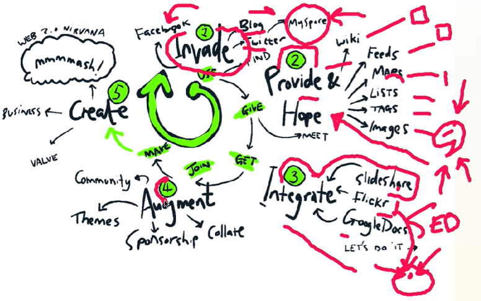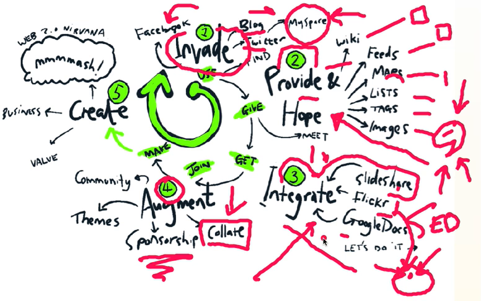Then we start augmenting the tools. We start doing new things with them, and we start engaging in different ways. We start joining communities rather than just doing stuff over here, where we're looking to collate stuff and bring it back. We're doing the job for the communities, and we're maybe sponsoring something that we think we might like. Wouldn't it be great if Google Docs did this? Well, let's pay someone to do it and then give it back. Even WordPress themes can be a great way of doing it: something out there that you can adapt slightly and put your work back into the community you're working with.